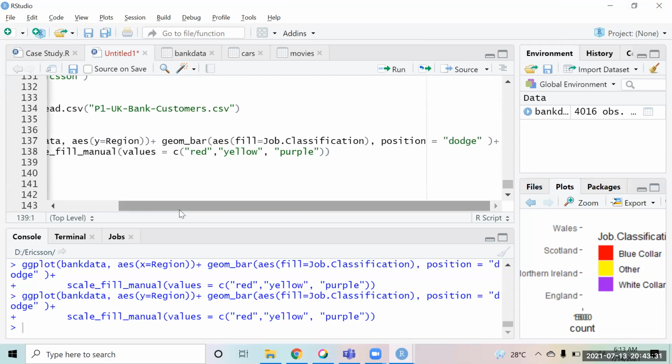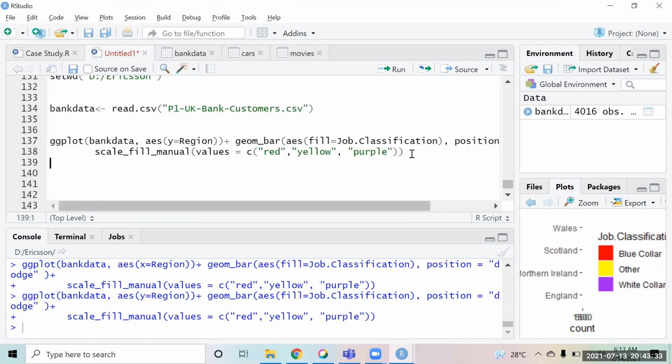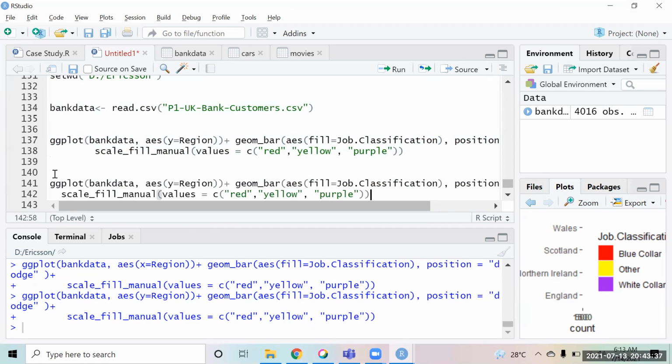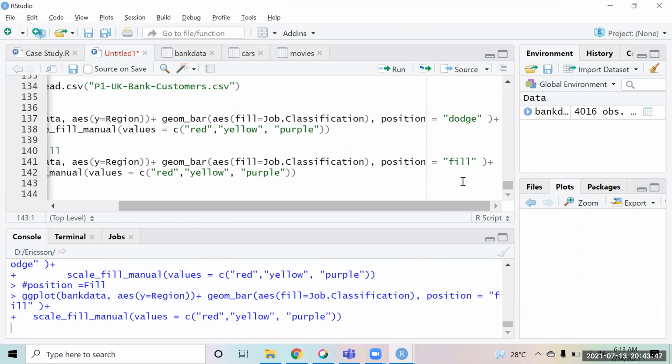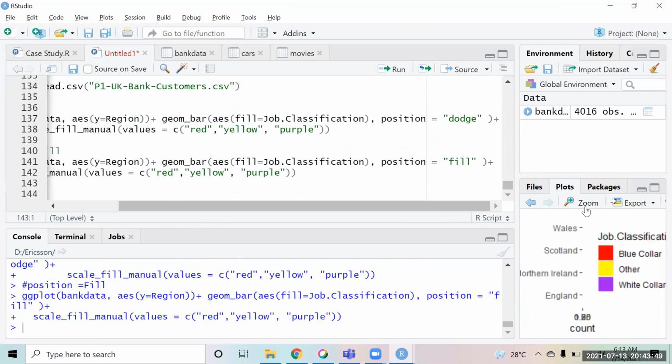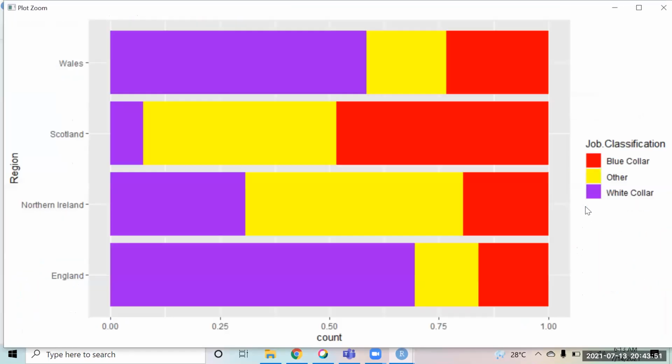And similarly, in the position, you also have one more option that you will find, that is position as fill. If I come over here and I say position equal to fill, now you will notice it's showing the 100% chart.